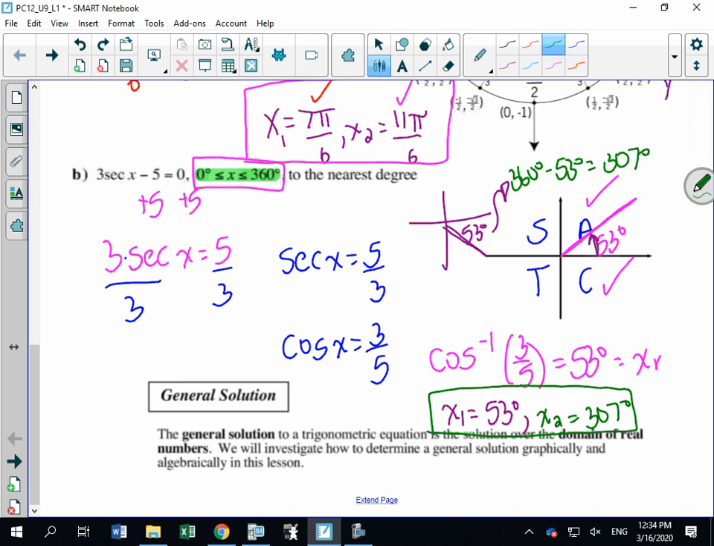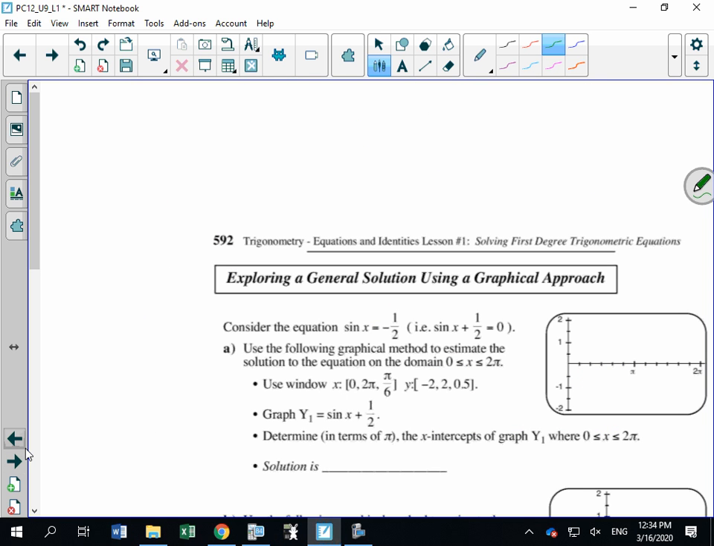What we're going to look at now is how we would write a general solution for solving these types of equations, and we'll do that on the next page. To write a general solution, there's two different ways